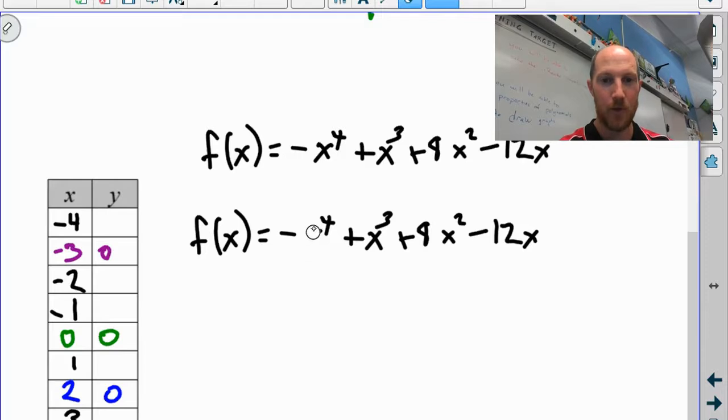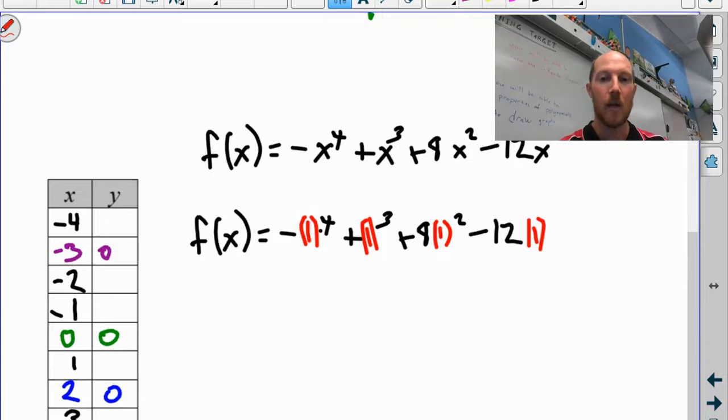So I'm going to change all of these x's to positive 1s. So positive 1 to the 4th, positive 1 to the 3rd, 8 times positive 1 squared,